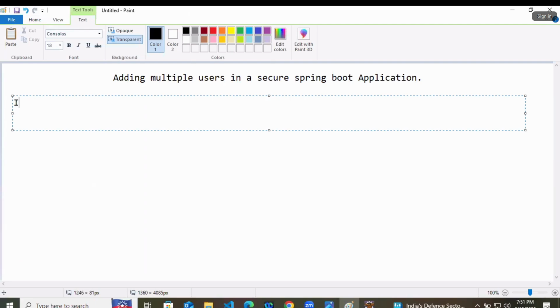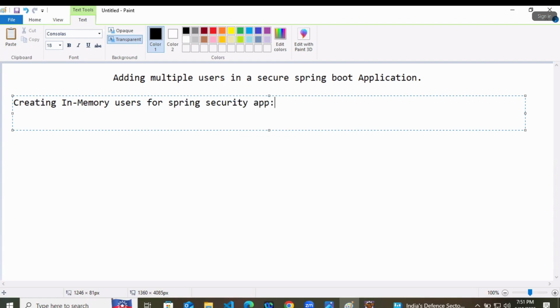Now I will tell you about creating in-memory users, which is safer than what you created on the database in the result tab, because that cannot be cracked. It can be cracked, but not everyone can crack it. Creating in-memory users for a Spring Security app.